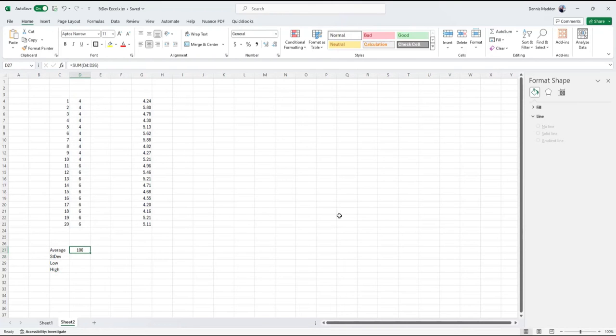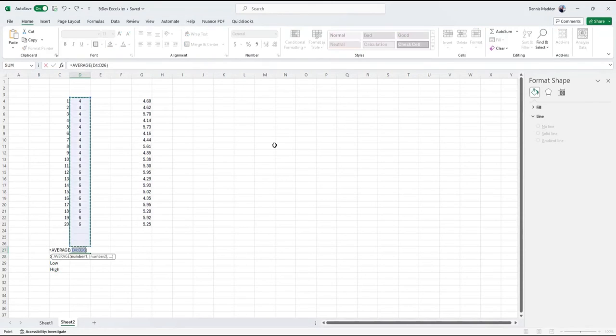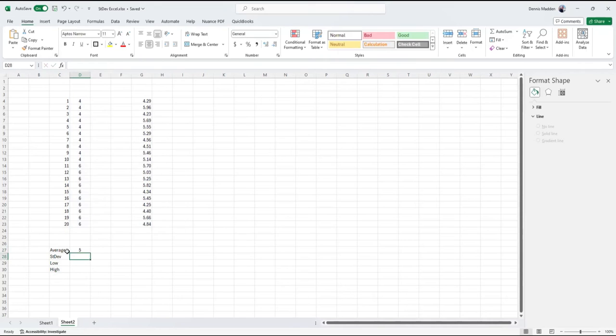Now that's actually the sum. I made a mistake there. Let's go with average. There it is. The average is 5. Now, I'm going to type this in, follow along while I'm doing this, equals